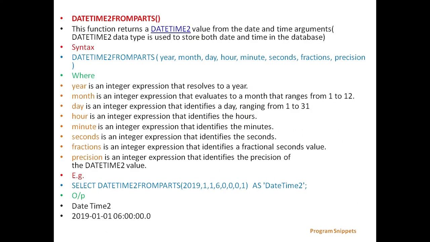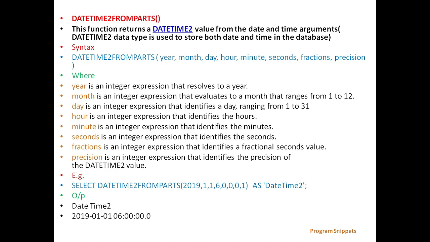Next is DATETIME2FROMPARTS. This function returns a datetime2 value from the date and time arguments. Datetime2 data type is used to store both date and time in the database. General syntax is DATETIME2FROMPARTS with parameters year, month, day, hour, minute, seconds, fractions and precision, where